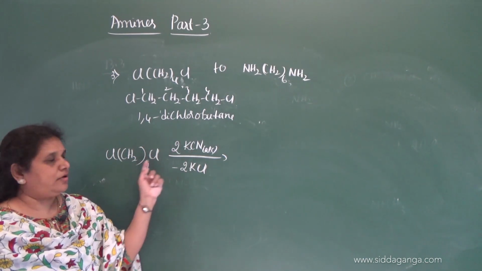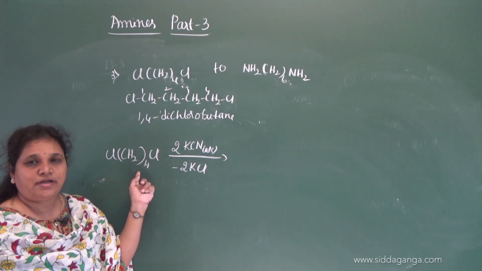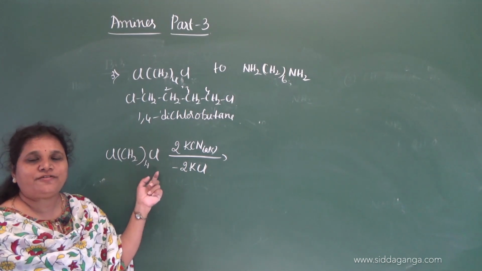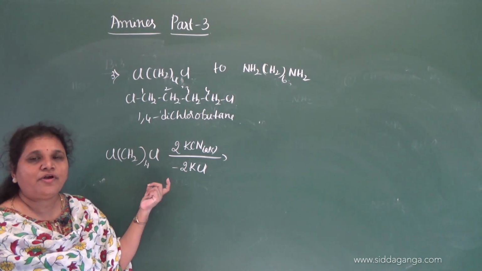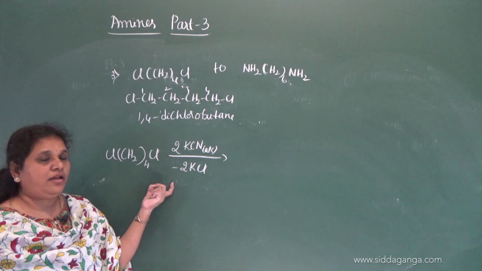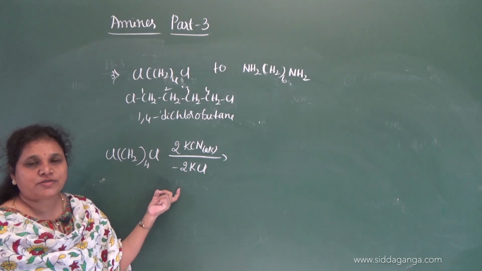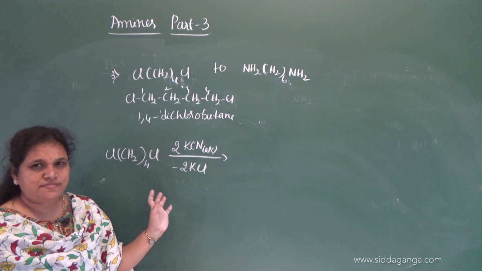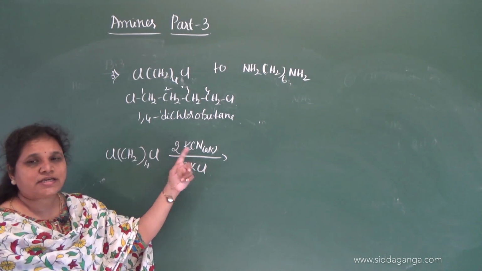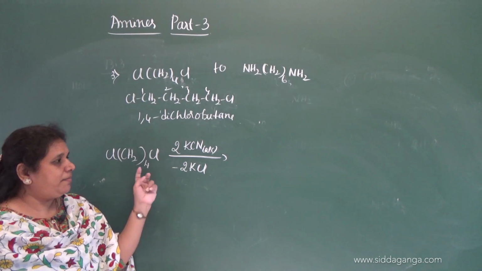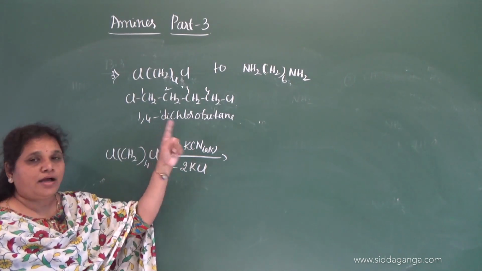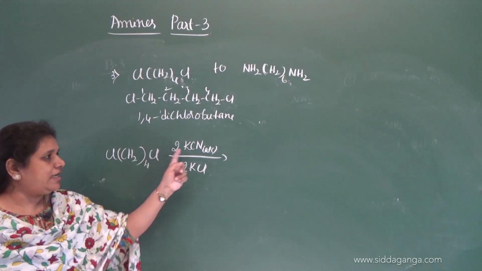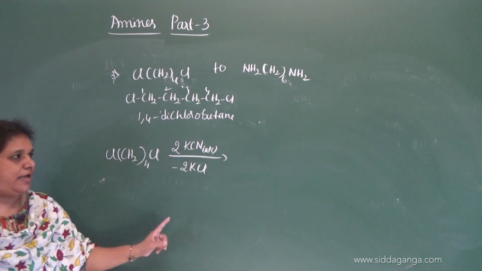That you have examples in haloalkanes and haloarenes. You studied about the nucleophilic substitution reactions of alkyl halides, where you can convert alkyl halides to respective cyanides by treating it with alcoholic potassium cyanide. If you take silver cyanide, you will get isocyanide, but here you require the amine, therefore you have to take potassium cyanide. So Cl is replaced by cyanide. Then what you get?